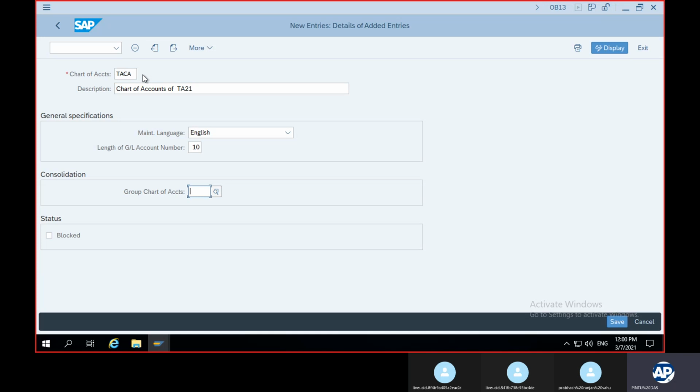Here I am creating only one company. One company equals one company code. So therefore I'm not giving the group chart of accounts. If we create a group, then we have to give the chart of accounts of that group's main company, right? We'll come back to this later. So this is the normal chart of accounts that I've created for this company code TA21, and then I save the data.